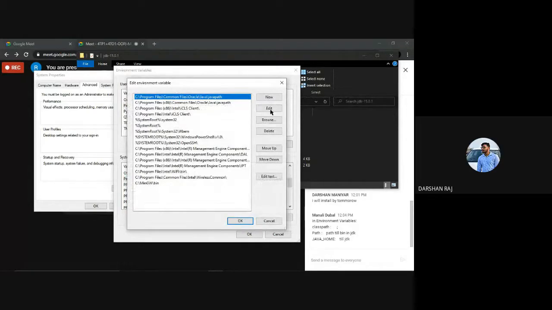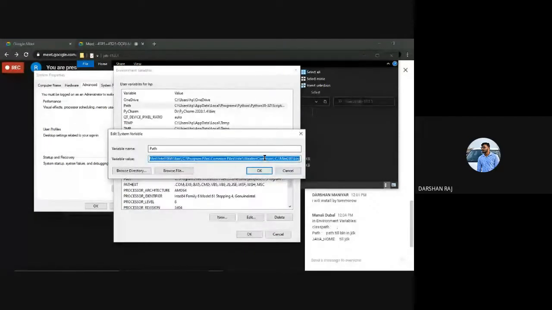Now keep your cursor at the end of the line after the semicolon. Don't remove anything.